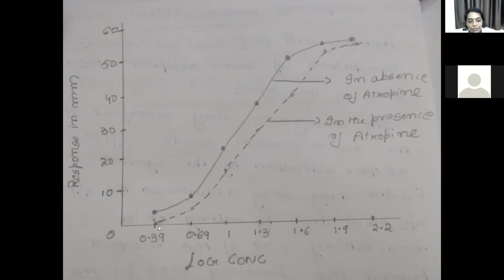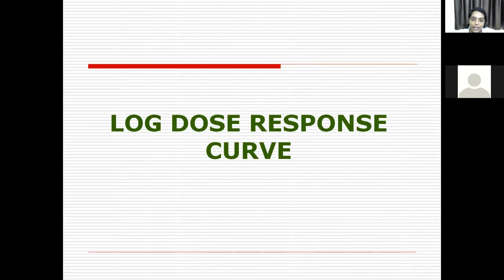Okay. So now you will plot the response. Here I have taken the response in mm on the y-axis. Otherwise, if you want, you can even plot the percent response, which will come in your CAL software. Because we don't have the software now, you can plot the response in mm on the y-axis. We have seen that the maximum response we got is 55 mm, so in order to plot that I have taken an interval of 10 mm. So it will be 0, 10, 20, 30, 40, 50 and 60.